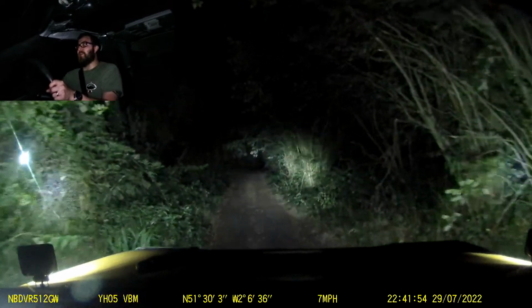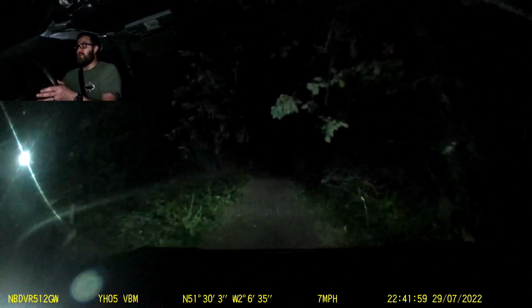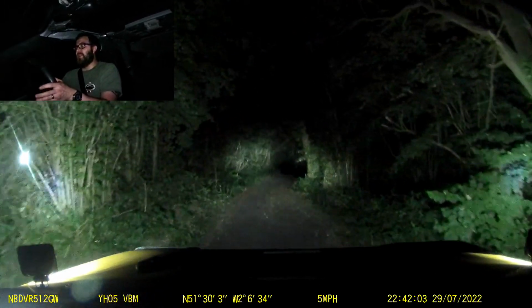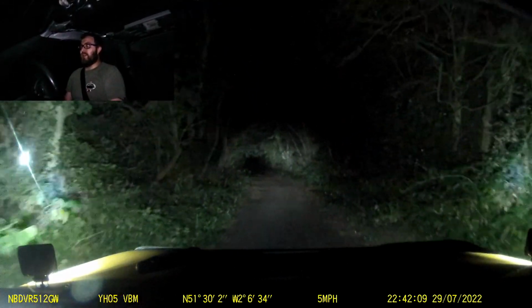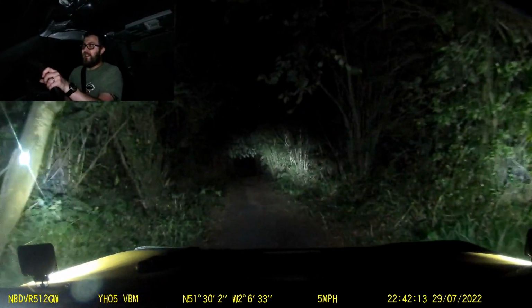So I will turn them on and off a few times. I turn them off, that's my dip beam, that's my spotlights. And if I turn full beam on, it kind of just fills in a little bit on the bottom there, and that's really all it does now. So most often I just drive along like this, in fairness, because it doesn't make a huge amount of difference,